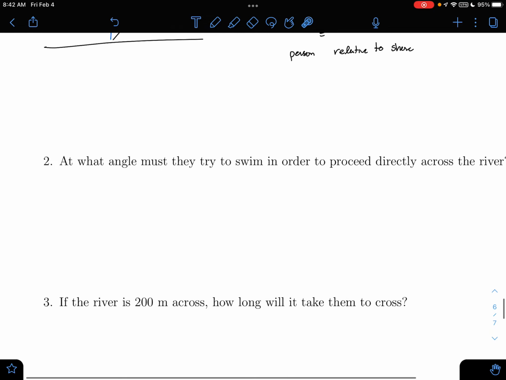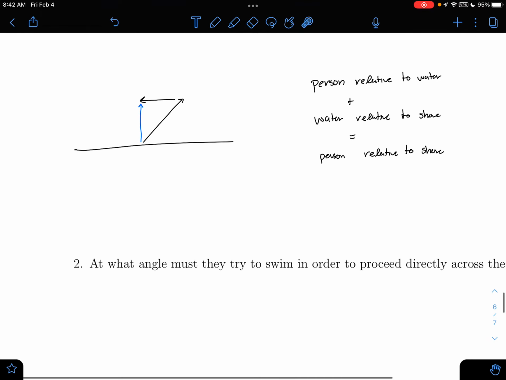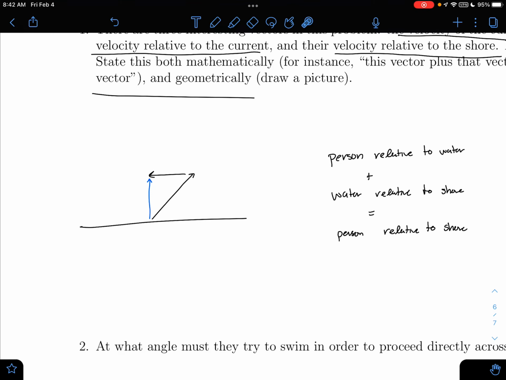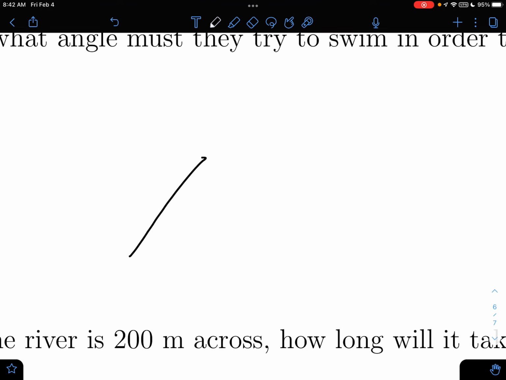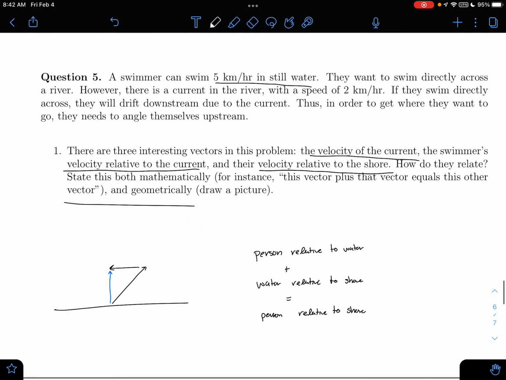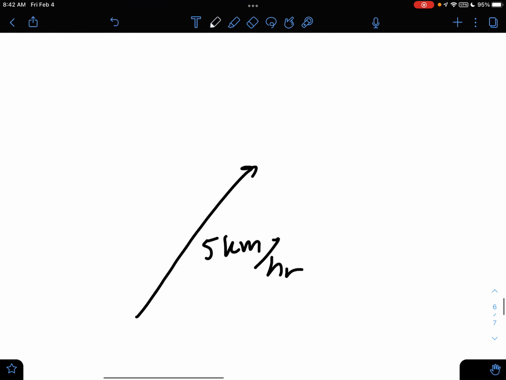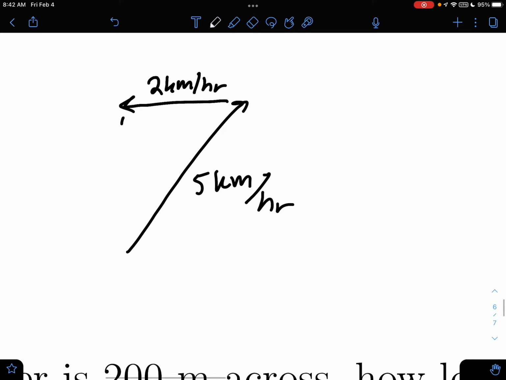So our next question is, at what angle must we try to swim in order to proceed directly across the river? So I'm going to redraw my picture down here. All right, we know that we can go 5 kilometers per hour that way, and the water's pushing us 2 kilometers per hour that way. And if I just fill in our right triangle like that,